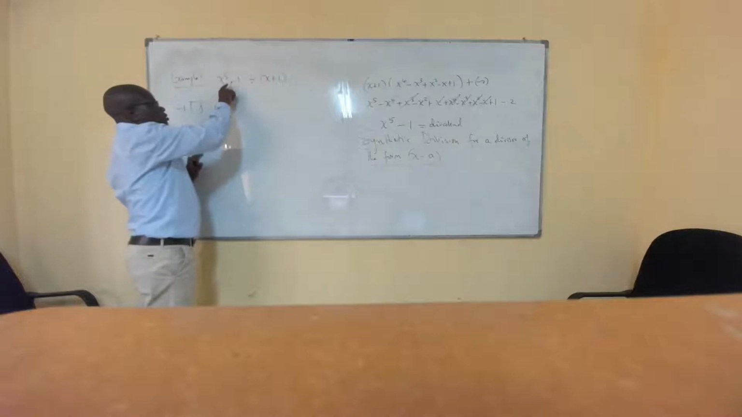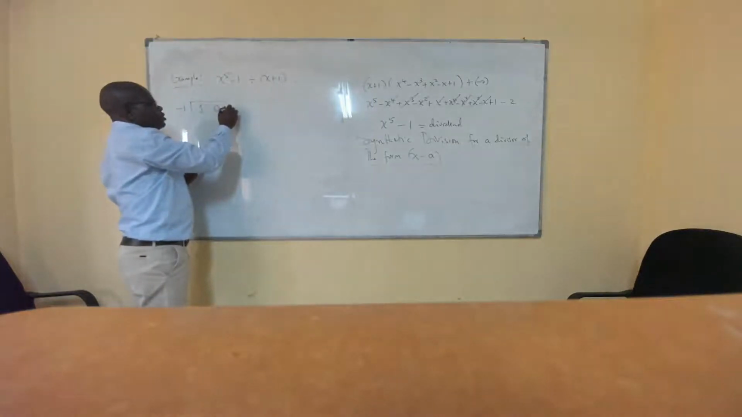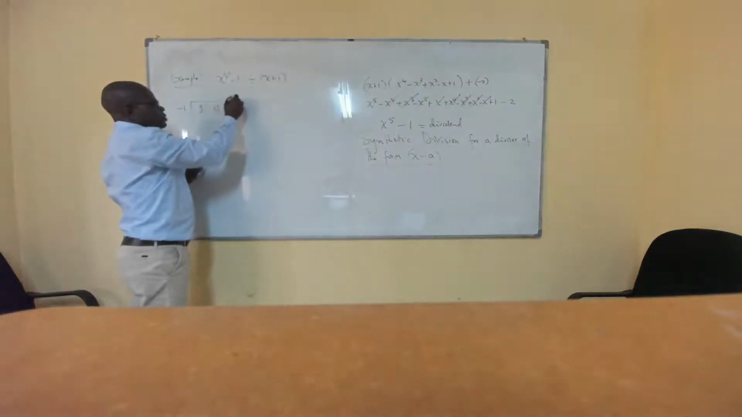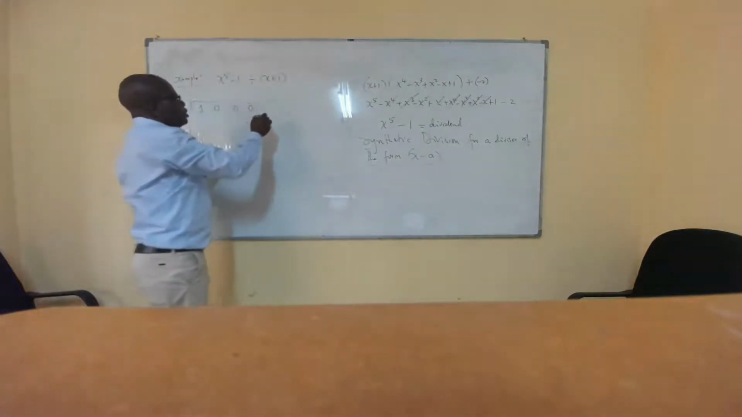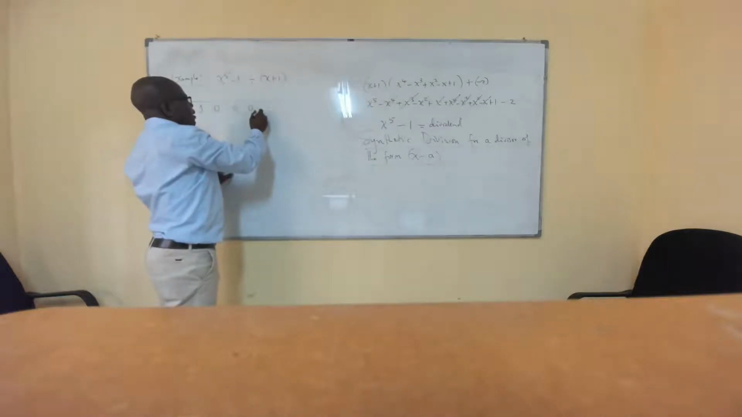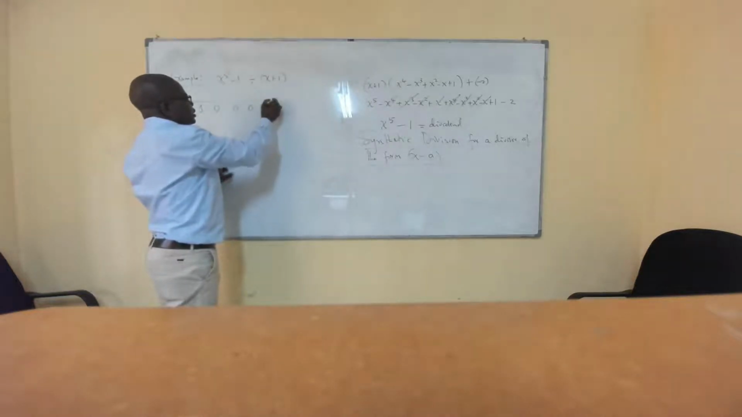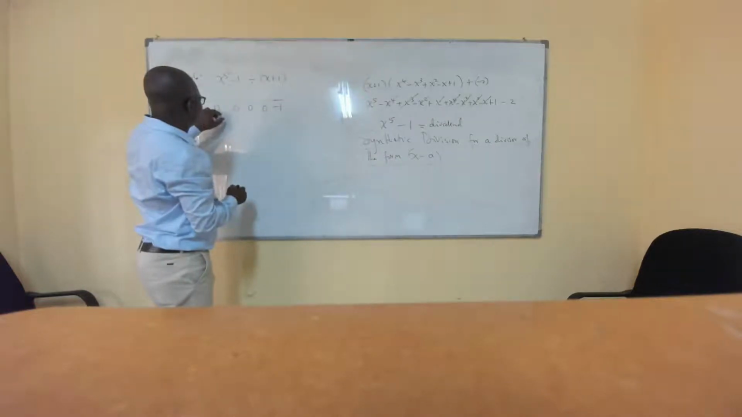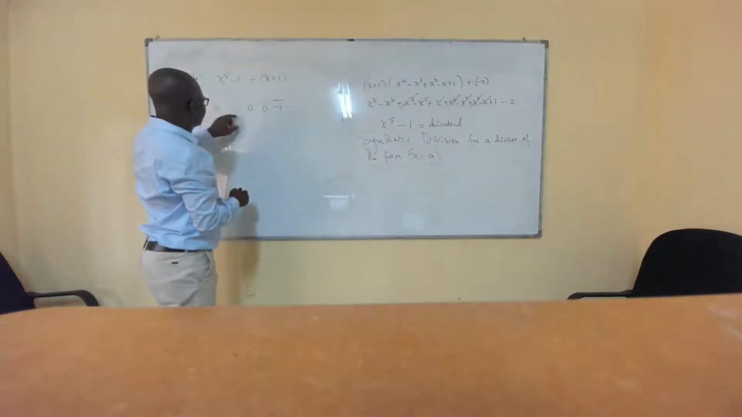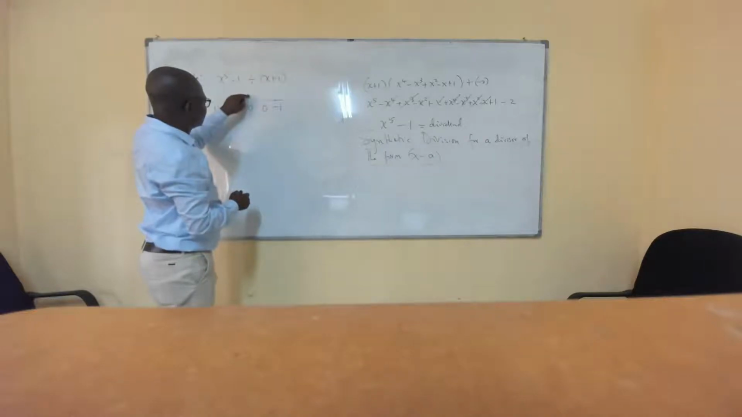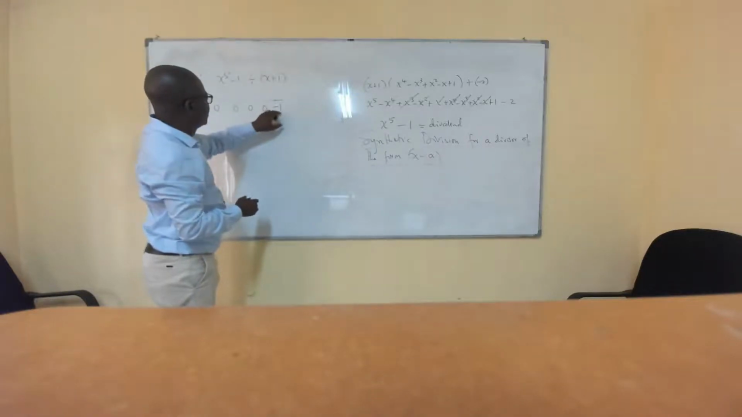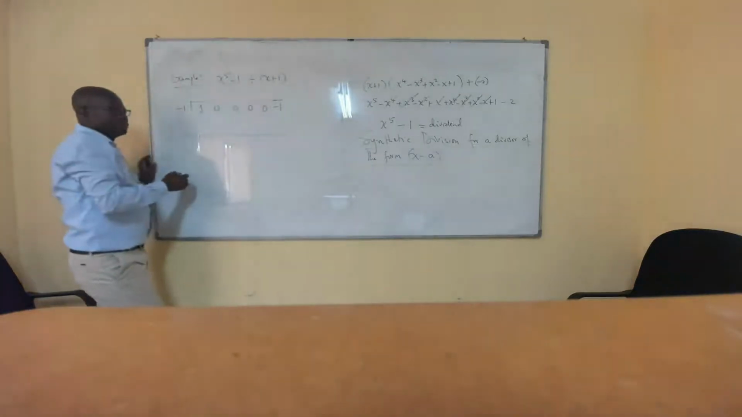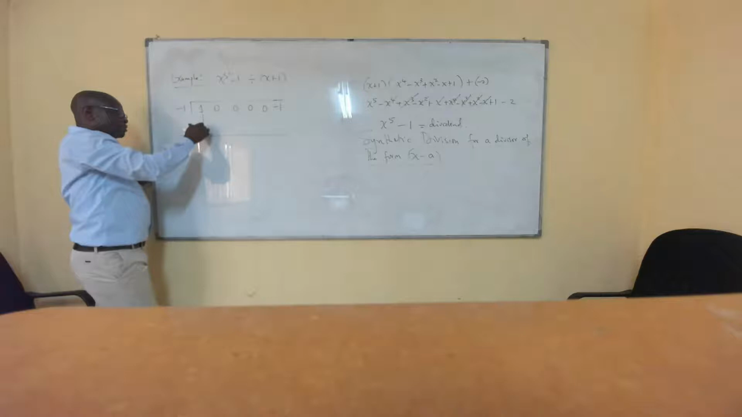The coefficient of x to the power 4 is 0. X to the power 3 is 0. To the power 2 is 0. To the power 1, it is 0. Then the constant is this one. X to the power 5, x to the power 4, x to the power 3, x to the power 2, x to the power 1, then the constant. This is fine. Then you draw a line here. You bring down the first